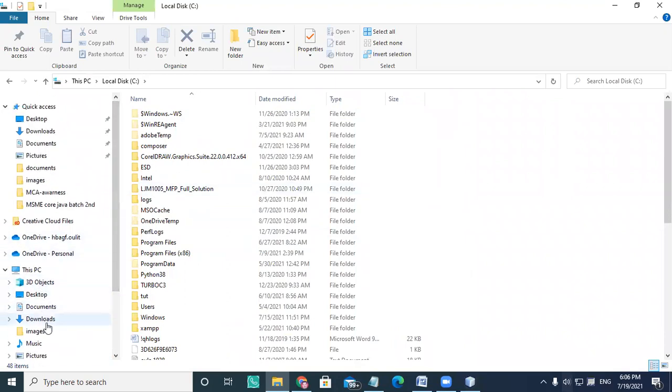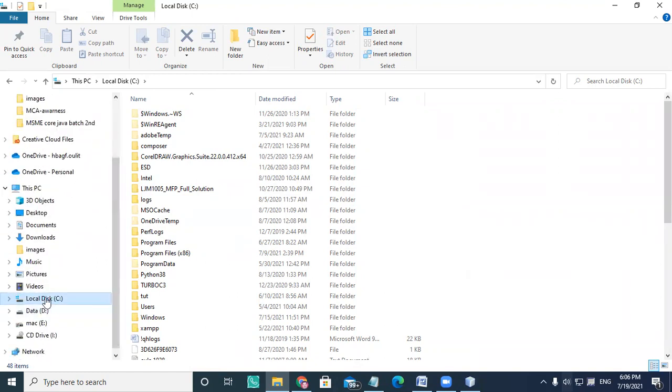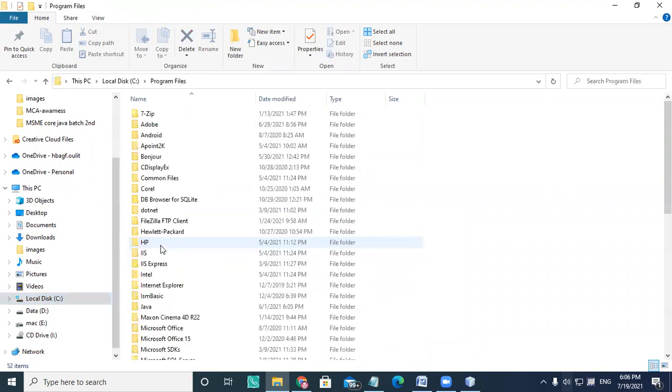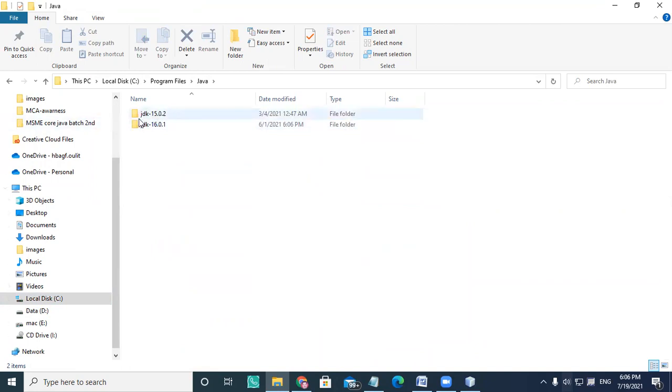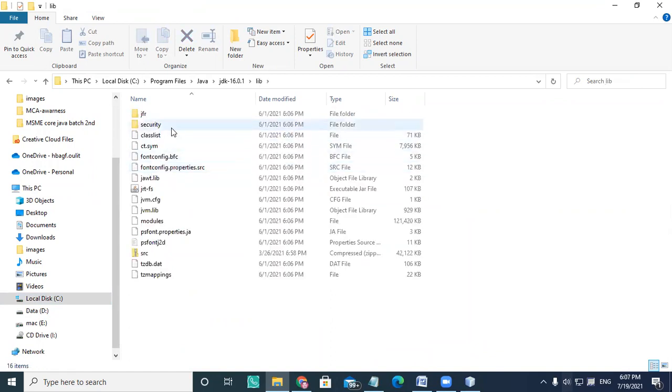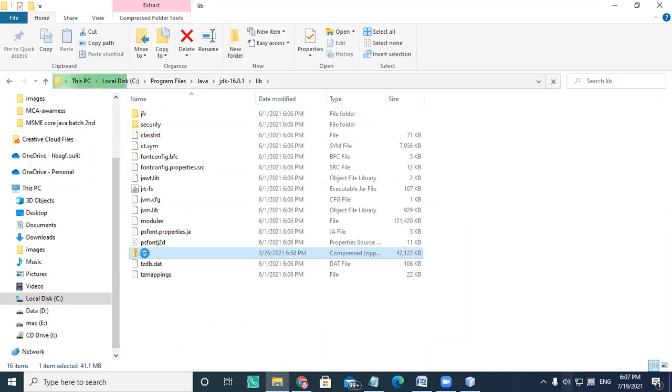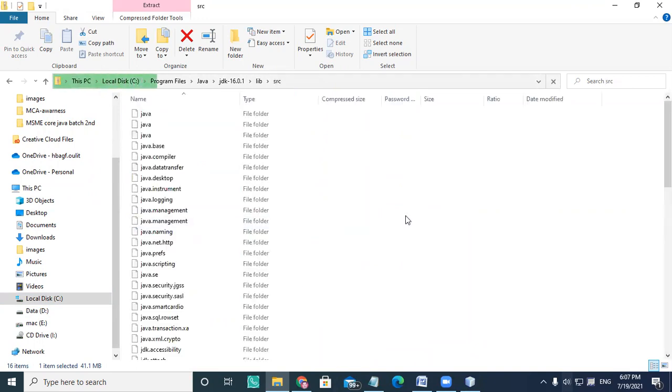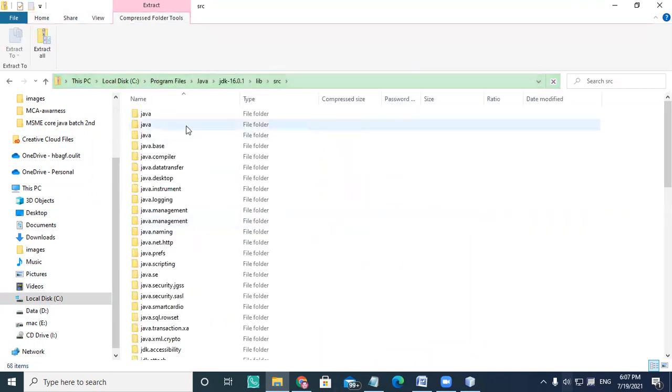So if you see the C drive, program files, and if you choose the Java folder, there is any JDK you can see here, and I'm going to use the library, and this is the source. Once I click on the src file, the source of the library is here, and I'm going inside my Java.